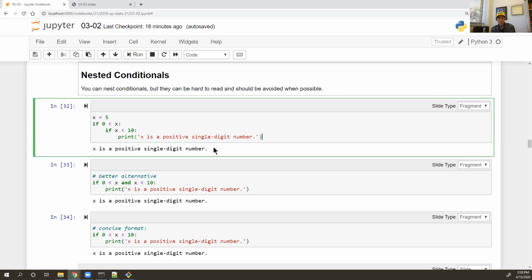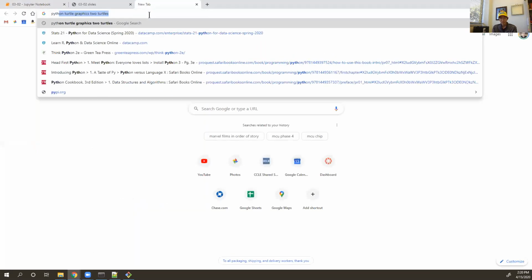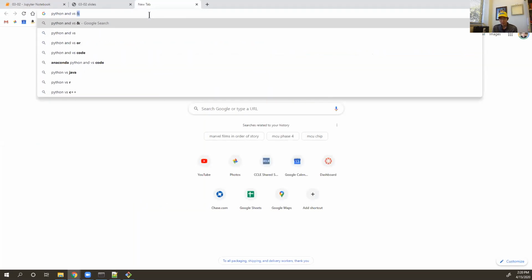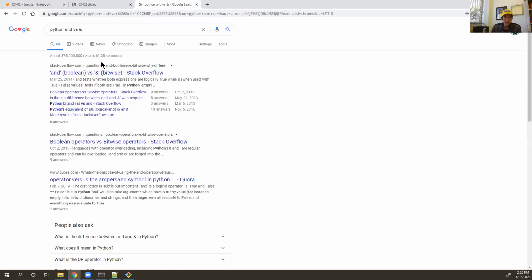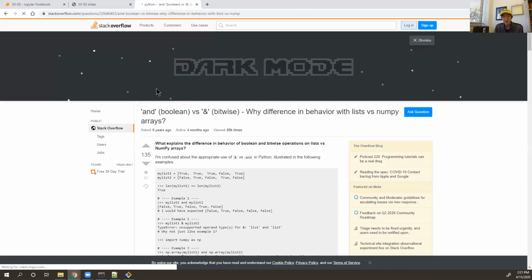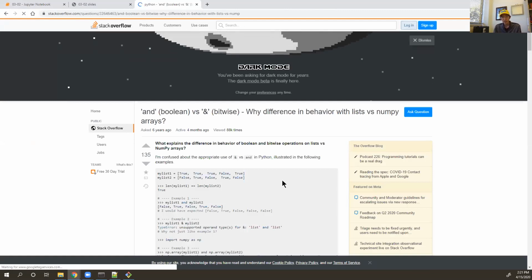The preference is the and and the or. Let me look up Python "and" versus ampersand. Okay, all right. So yeah, the ampersands are what we consider bitwise. Okay, and basically it allows us to do kind of